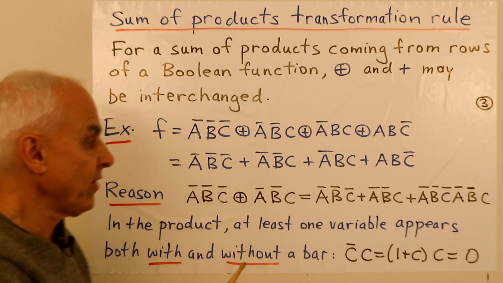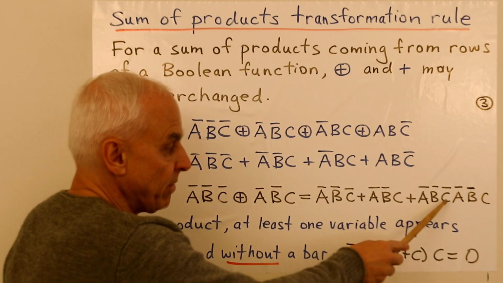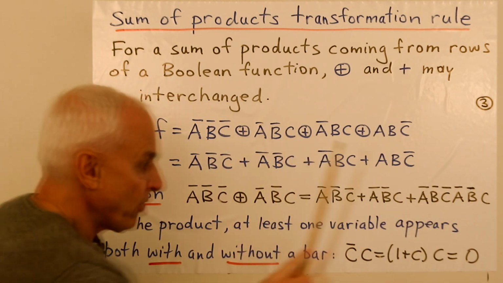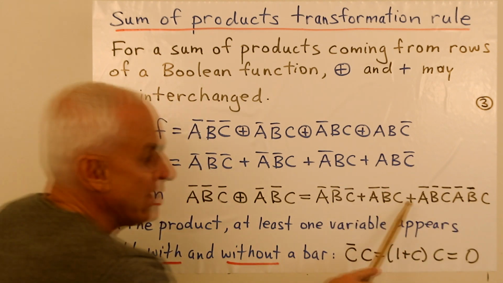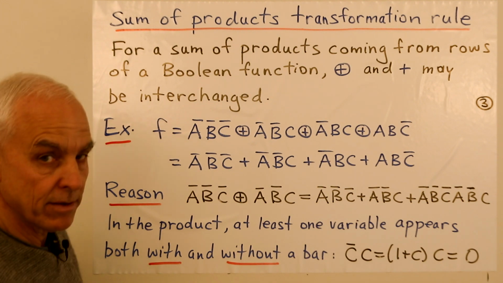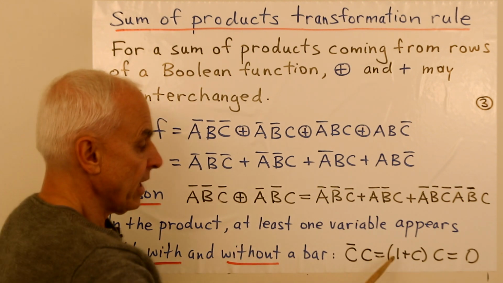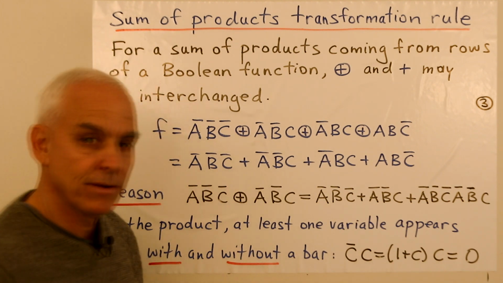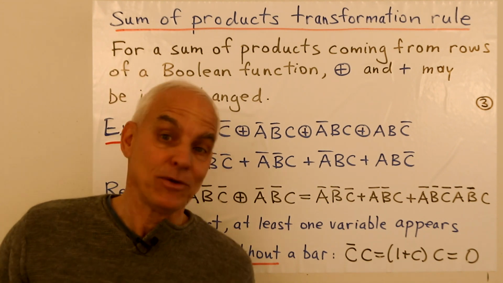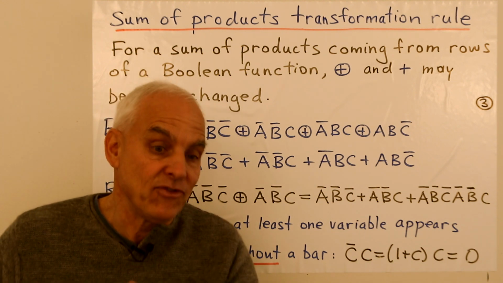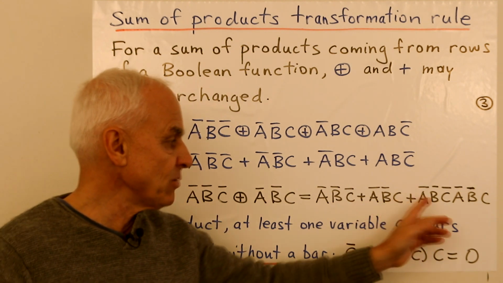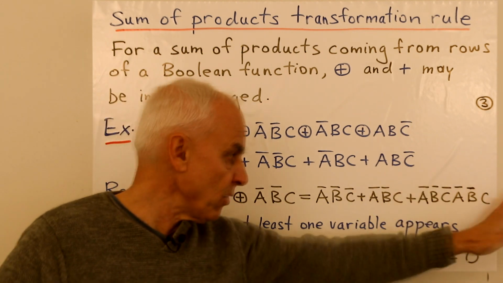In that one place, in this case the C place, they will differ, and so there will be a C and a C bar. And it's the presence of this C and C bar that renders this thing 0, because C bar times C, converted to Algebra of Boole, that's 1 plus C times C, which is C plus C squared, but C squared is equal to C, and so then we have C plus C, which is 0. So that's the reason once you have a C times C bar, it's 0, so that whole thing disappears,